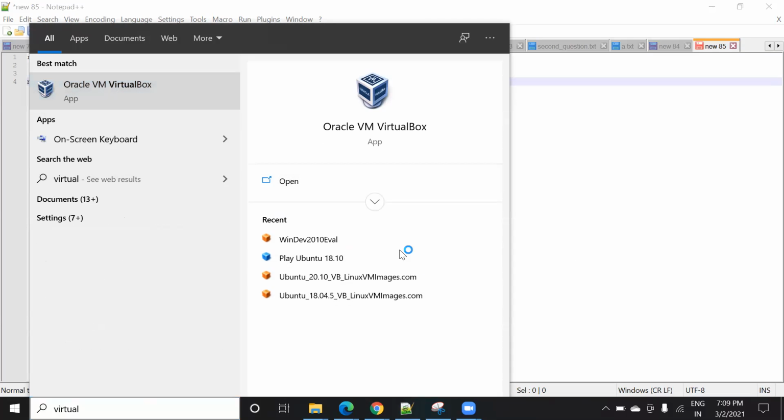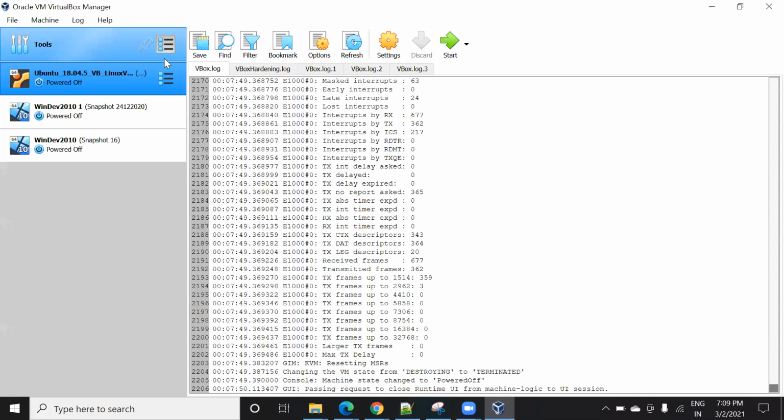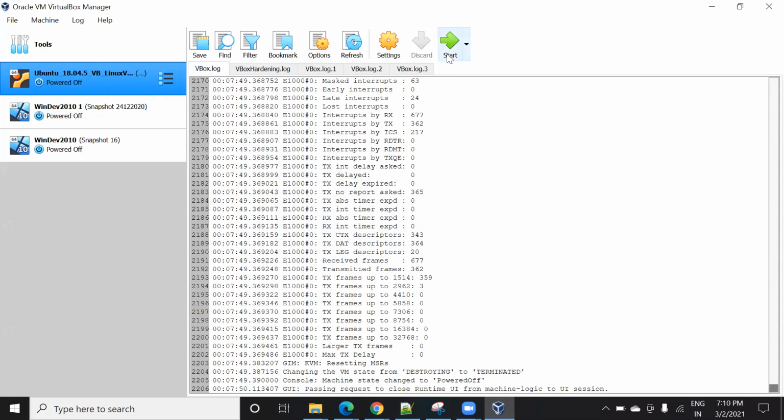Now I will show you my VirtualBox. It's working fine. We need to check on your system what the error is. Just give a minute, it's taking time to load.